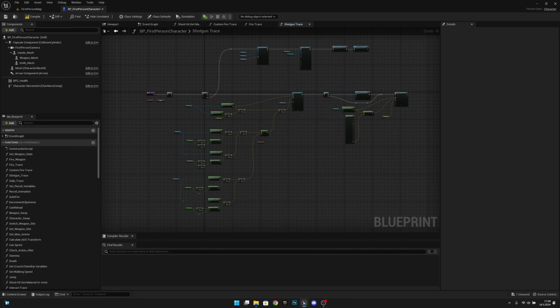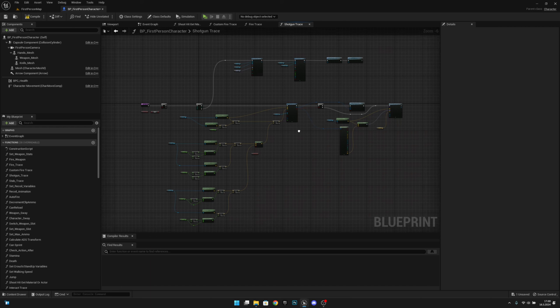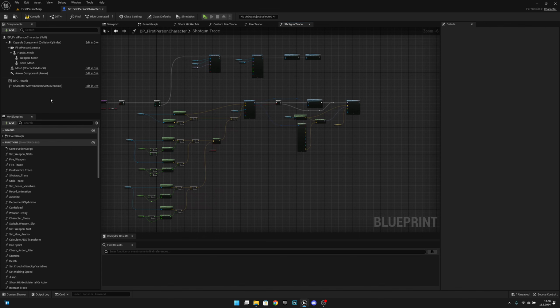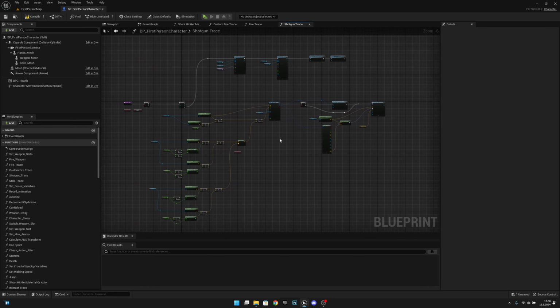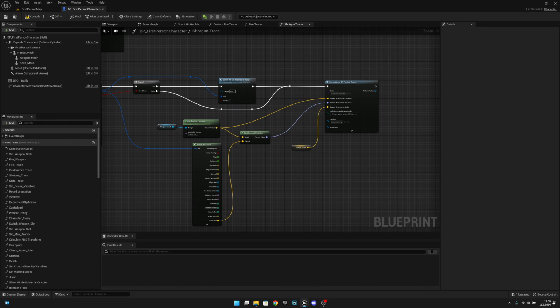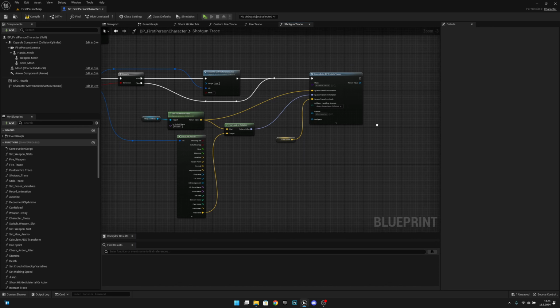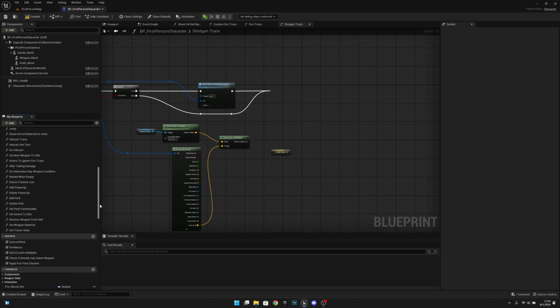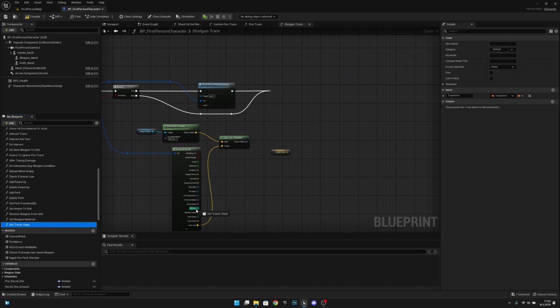Okay, here on the shotgun trace, we actually don't want to do anything here, I think. Yeah, I'm pretty sure. Oh, now I remember. Sorry, we will have to fix this. Now we are spawning the emitter tracer from here, so let's delete this spawn actor particle tracer. Let's delete that. What we want to do now is get our set tracer stats function